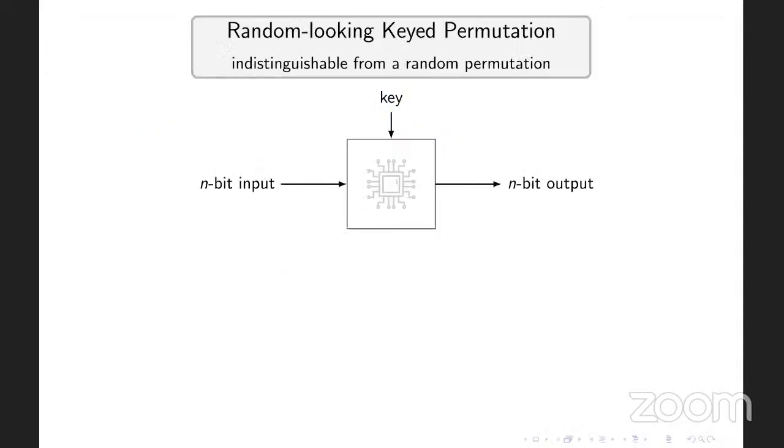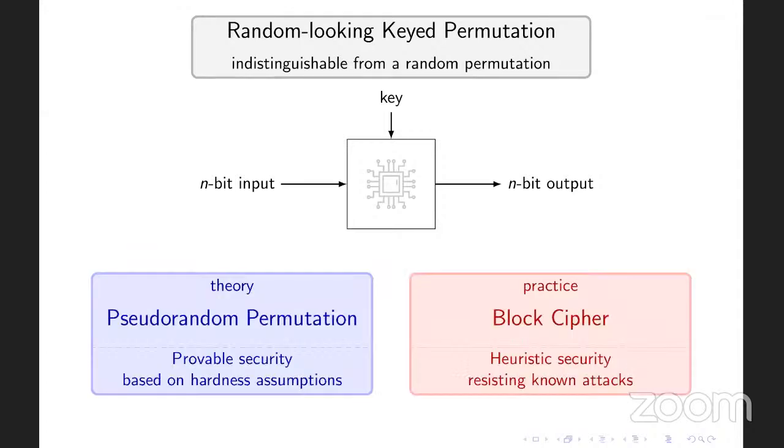A central problem in crypto is to construct random looking keyed permutations. Tons of work are targeting this problem. Among them, there's a well-known, well, not so well-defined gap between theory and practice. The theory work called this object a pseudorandom permutation, and they focus on security based on well-studied assumptions. The practical works call this object a block cipher. They are okay with theoretical security. The first priority is being super efficient.